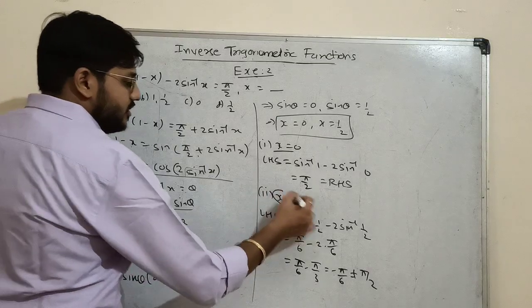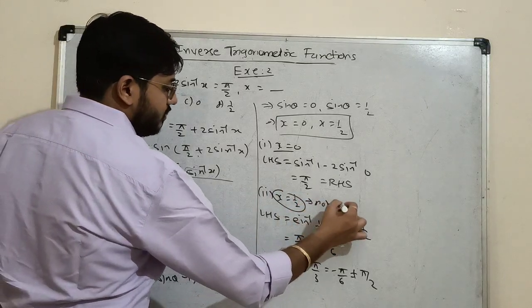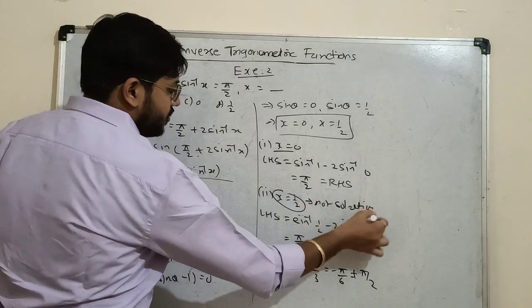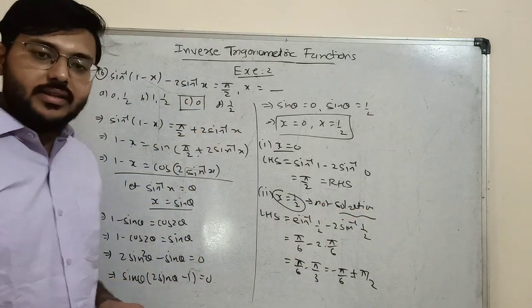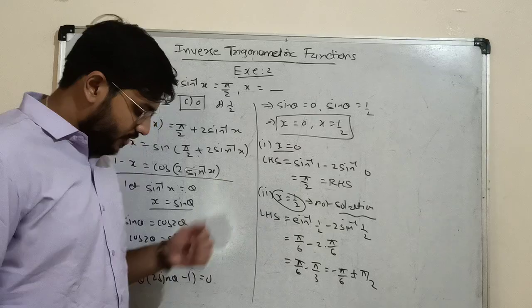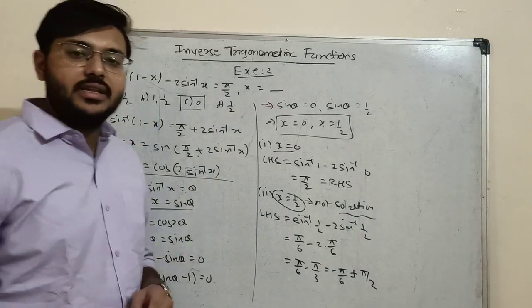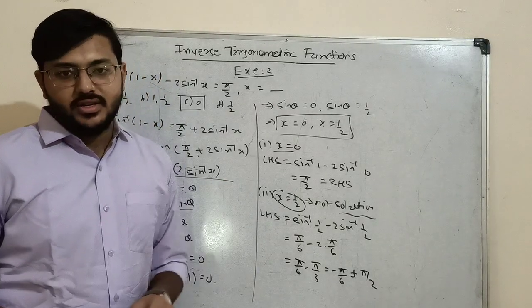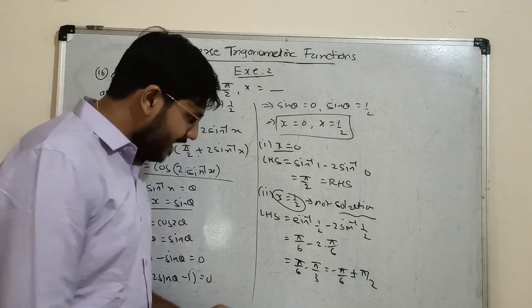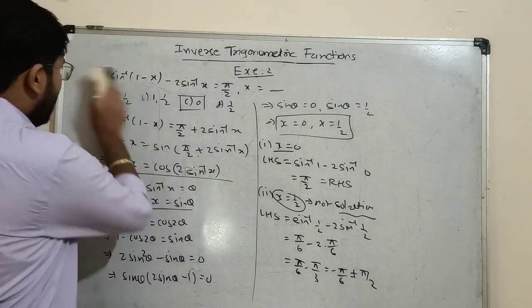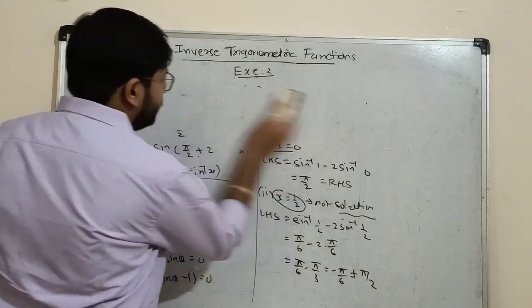That means this is not your solution. So which one is your answer? Only option C will be the answer. So you have to be very careful while solving solution based questions, mainly in the MCQs. Then after, the last question of this exercise,